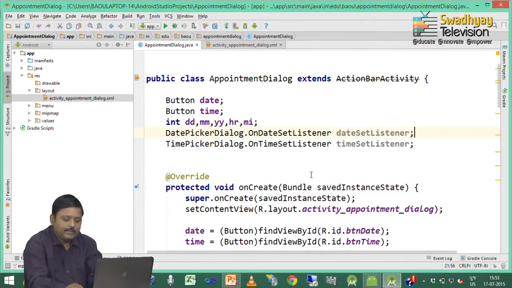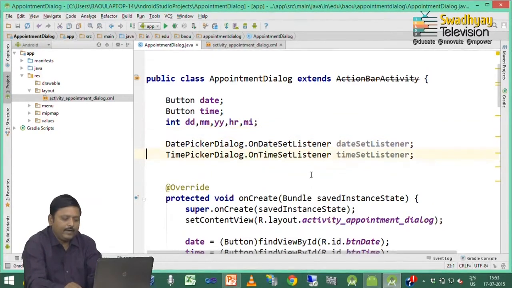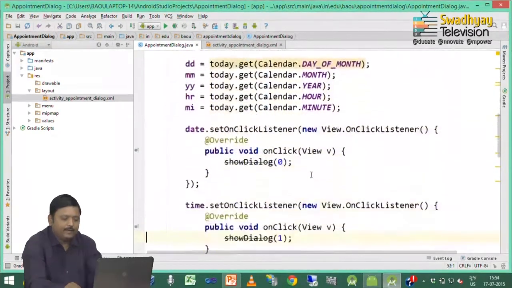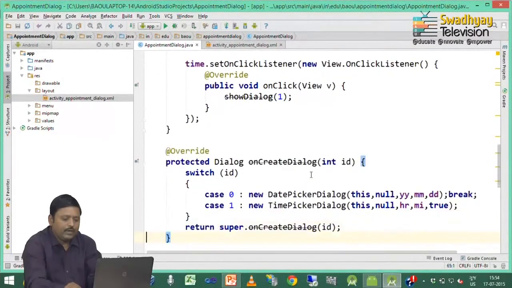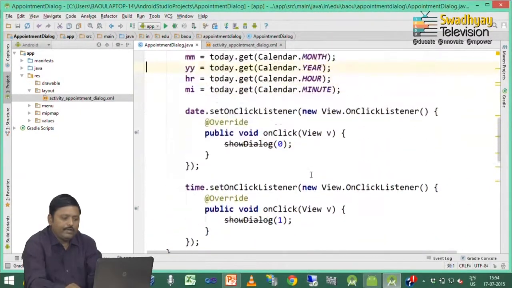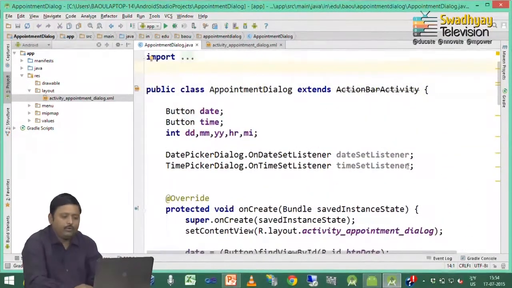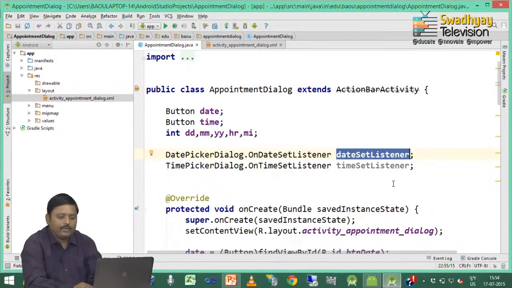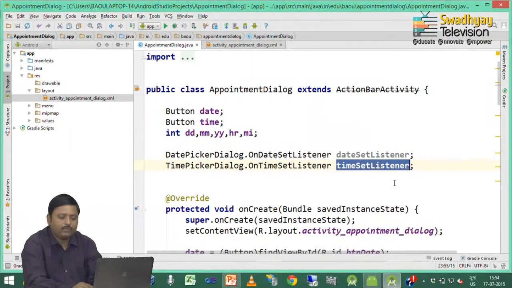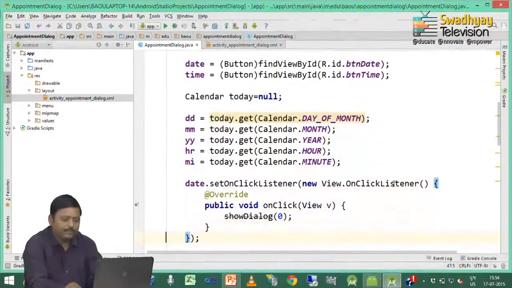So, these 2 arguments we provide inside these null values. Now, these 2 specify what to do when the set button of the date picker dialog is pressed, and this time set listener specifies what to do when the set button of the time picker dialog is clicked. So, here we write down code for the same.